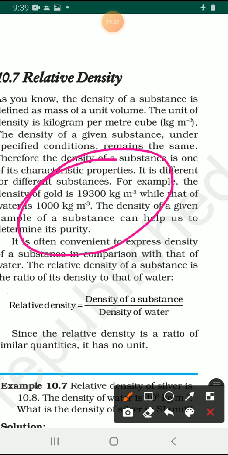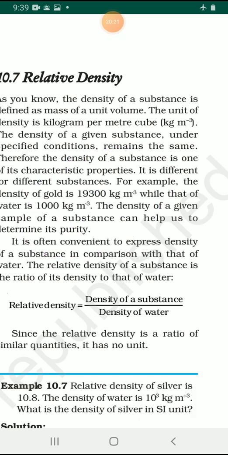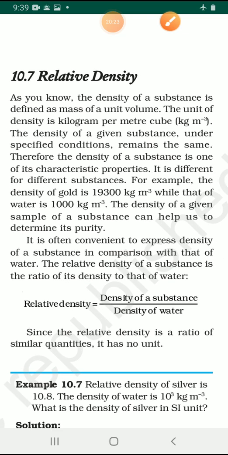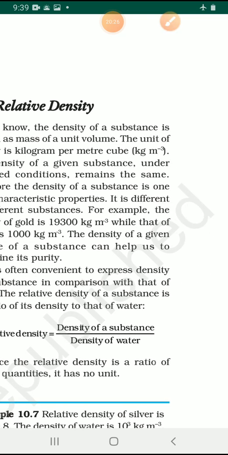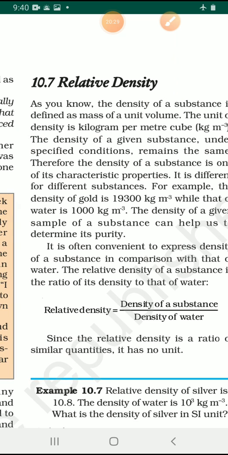You can see that the density of water is 1000 kg per meter cube, right? If the density is more than that, suppose it is 1001, 1002 or anything, then obviously the object is going to sink in the water, because the density is more. If the density is less, for example, the water density is 1000 kg per meter cube, and the object's density is 900, 800, or 700,